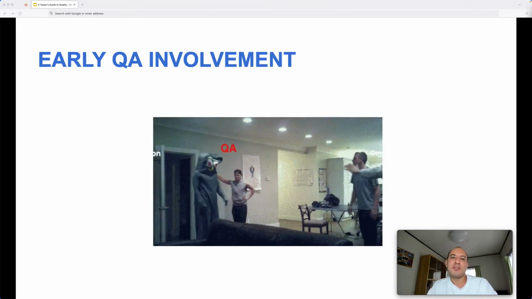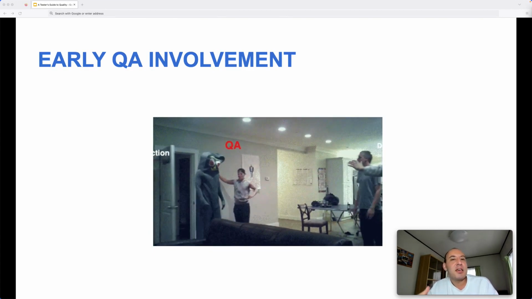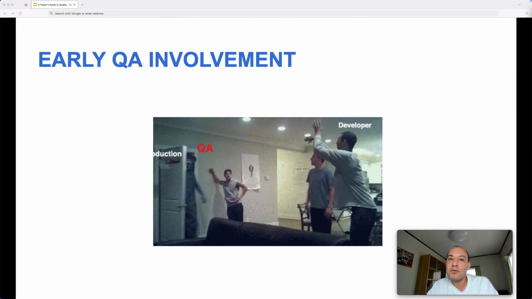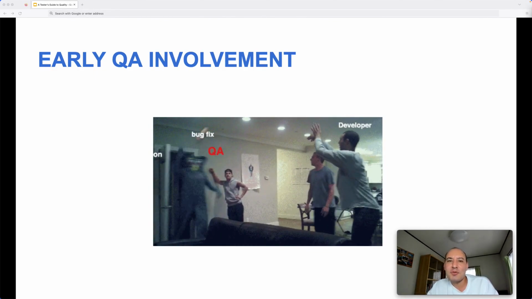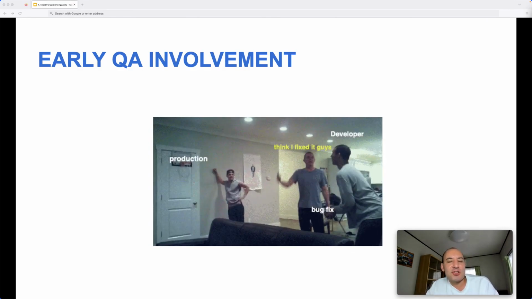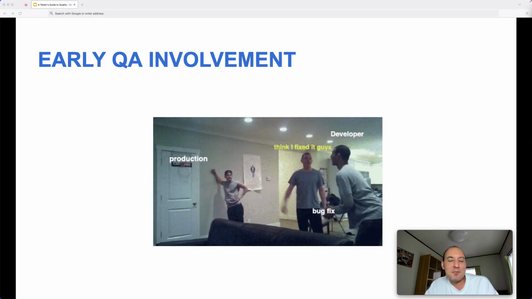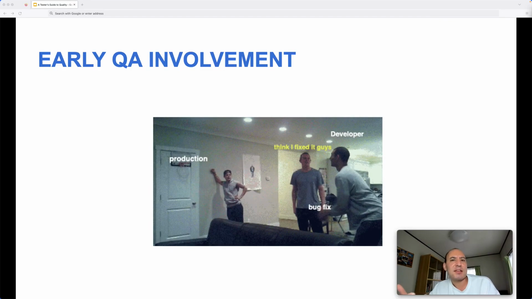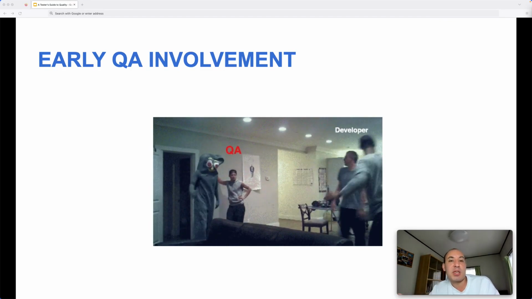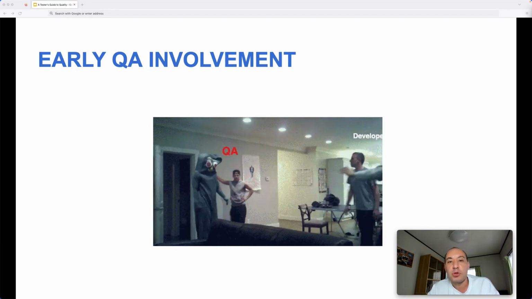And one more thing we can do in the system analysis phase is encouraging QA involvement in the early stages, because most of the time I hear lots of different complaints like, "They changed the behaviors and my test is broken by the testers." Why? Because they update the behaviors. So it is not the previous behavior. It has changed and it is updated by the developers or the product owners.